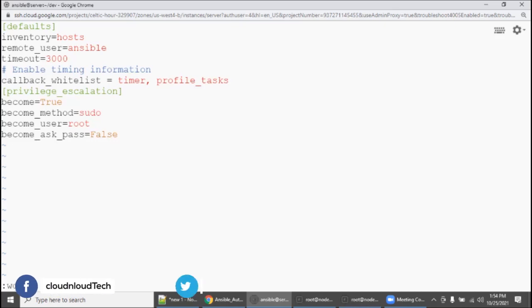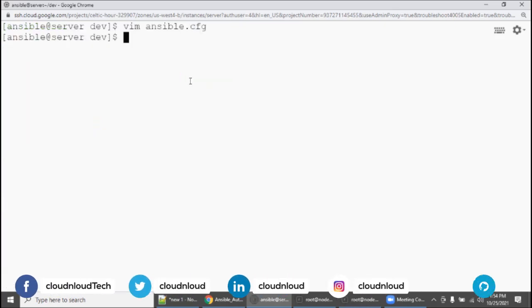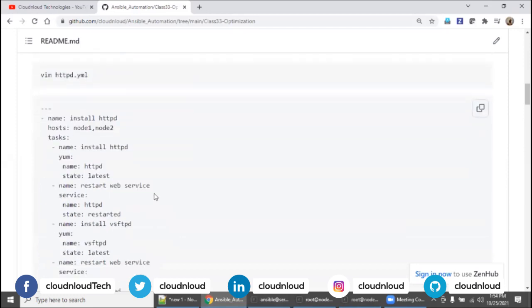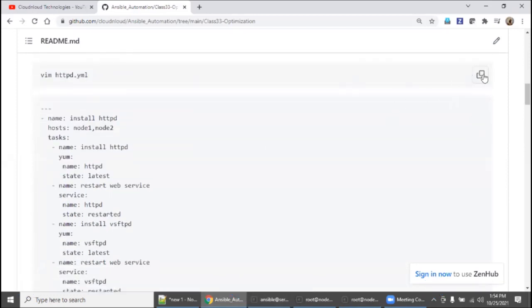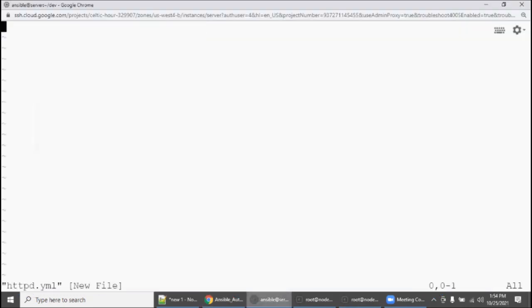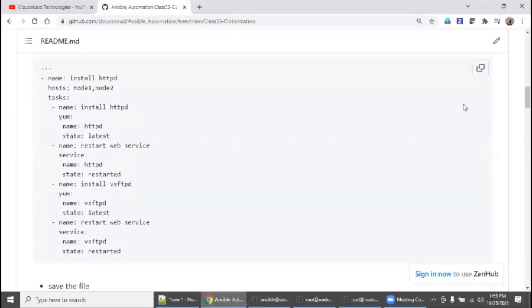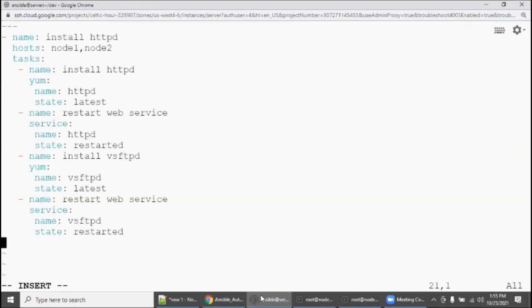The moment we add that, I'm going to create one playbook: vim httpd.yaml. Going to insert mode, I'm going to copy this and paste it. It's a normal playbook, installing HTTPD, restarting the web service, installing VSFTPD, and restarting the VSFTPD service.